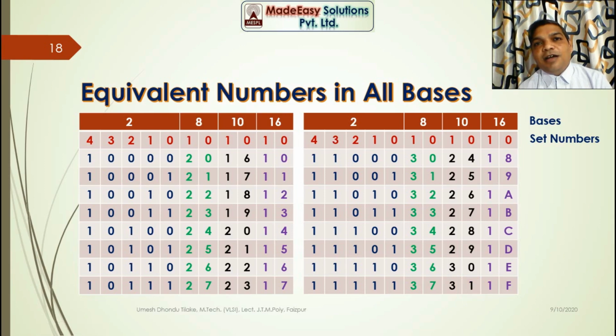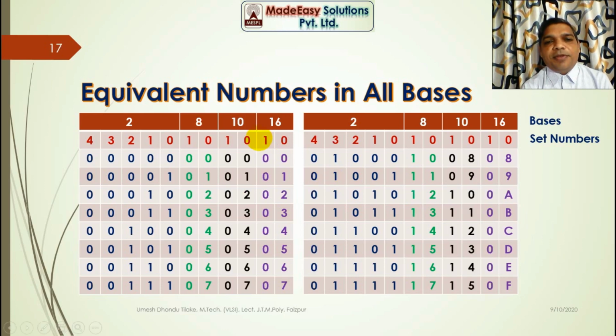So these are the 32 numbers. Now come to hex. See over here, numbers written in violet color. In set 0 I have used all the basic digits right from 0 to 9 and A to F, 0 to 7, 8, 9, A to F, and in this case in set 1 I have used the first digit, that is 0, and kept it constant until the final digit used in set 0, that is F.